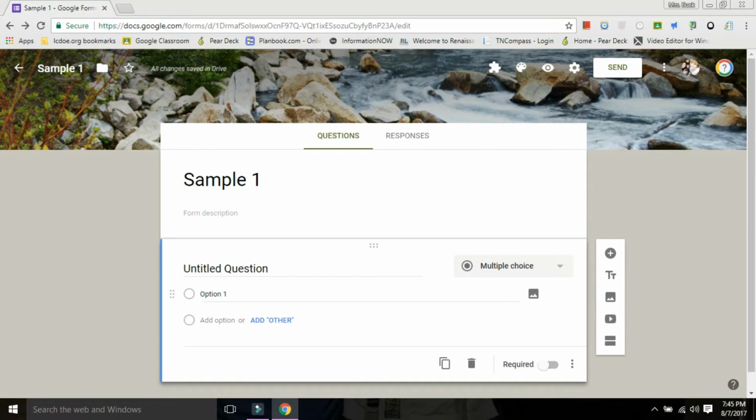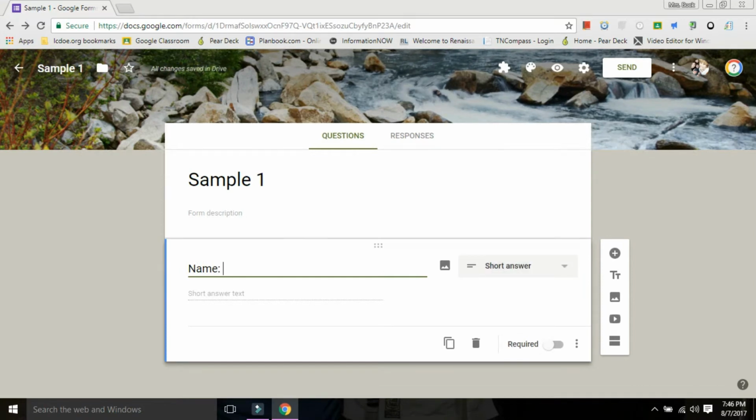Now, here is the form. How we edit the form is this toolbar. It allows me to make questions, create titles, add images, add videos, and create sections. A tip, even though it's going to record the emails if you choose, I always, just out of habit, start all of my assessments with a name. You may have noticed my document just switched itself to short answer because it remembers what I normally choose for this kind of question. When I type in name colon, it knows that I'm going to switch it to this. So it's kind of a cool feature that Google is monitoring and kind of learning your, I guess,